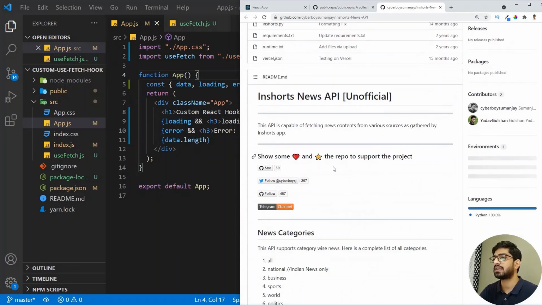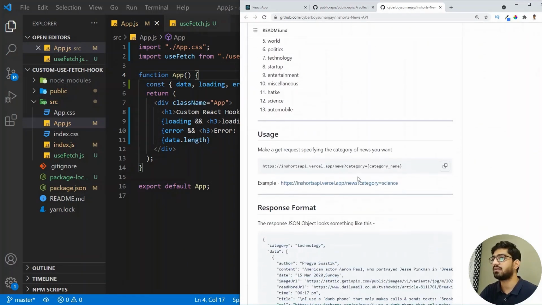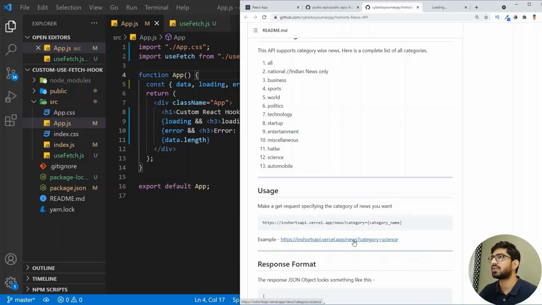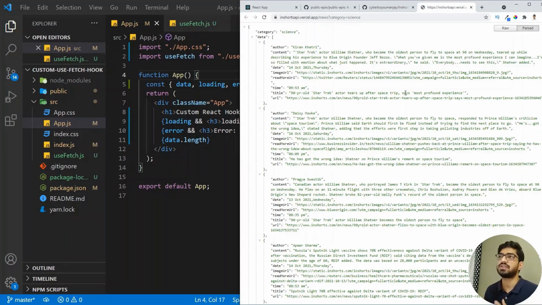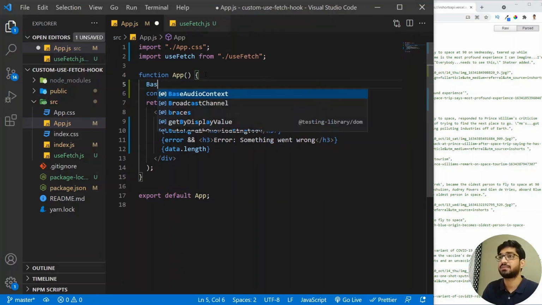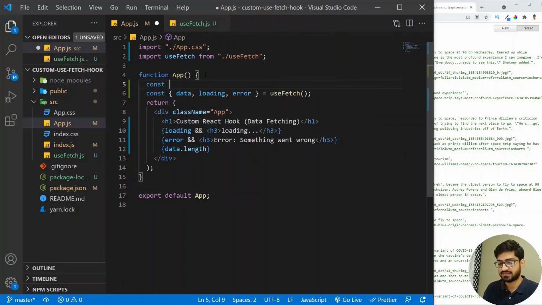All right, now if we go here and we see how we can make the API call, then we see that this is the URL we need to use, and we have to add the category as the query param, and you can add the category name. So there are a lot of categories we can add. So I'm just going to click on this, and when we click on this, we actually get this JSON data. So what we will do is we are going to use this as a URL to call the API, and I'm going to add a base URL here. So let me add a constant, and I'm going to add a base URL,